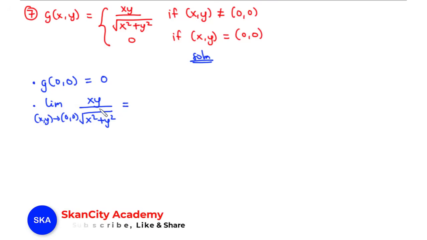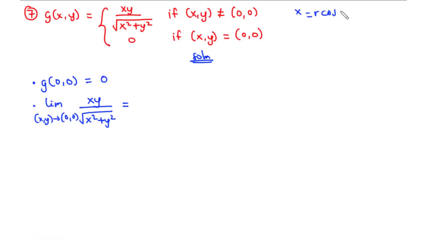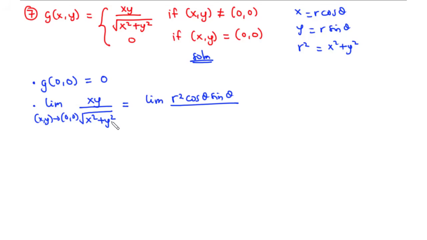Also for this example, we are going to use polar coordinates. So we know that x is equal to r cos theta, y is r sin theta, and r squared equals x squared plus y squared. With this, we are going to have the limit of the function. We have x to be r cos theta times y, which is r sin theta. So we multiply the two, and then we have r squared cos theta sin theta, all divided by, for the square root of x squared plus y squared, we basically take the square root of both sides, and then we have r equal to the square root of x squared plus y squared. So this is basically r. As r approaches 0 from the right, we cancel out this r and one of the r's on top, so that we have the limit as r approaches 0 from the right of r cos theta